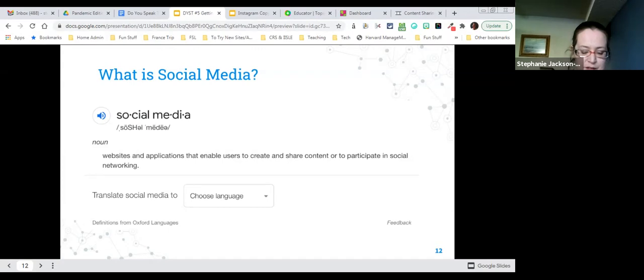So already, in this very general definition, we can see a connection with our language programs. That idea of creating and sharing content, participating in social networking. We've got that underlying idea of connection and communication, right? And isn't that ultimately what we're trying to do with our students, but in the target language, right?